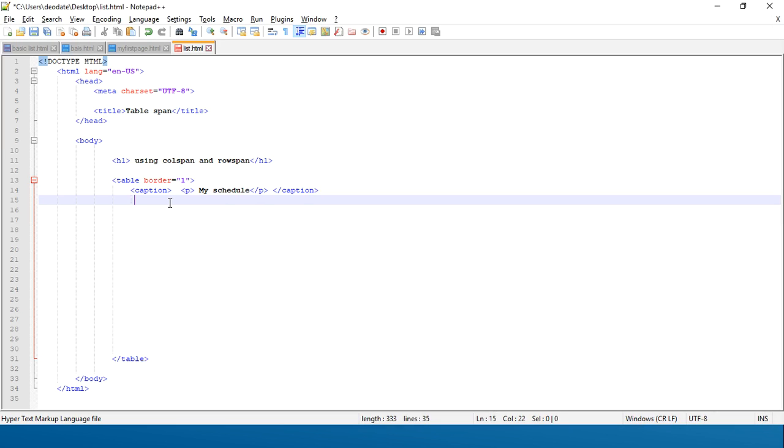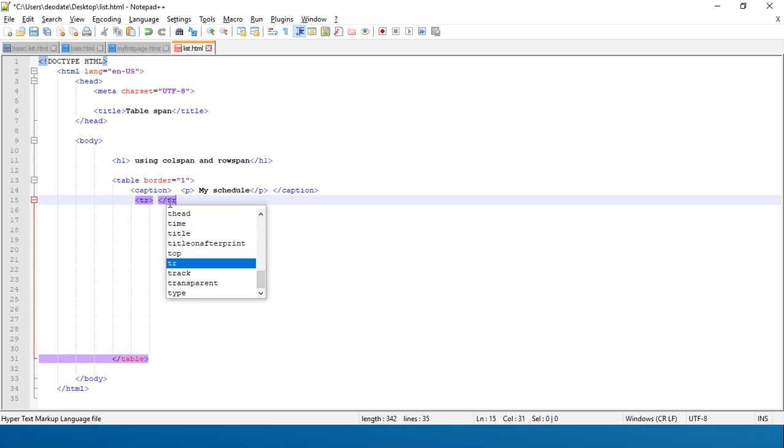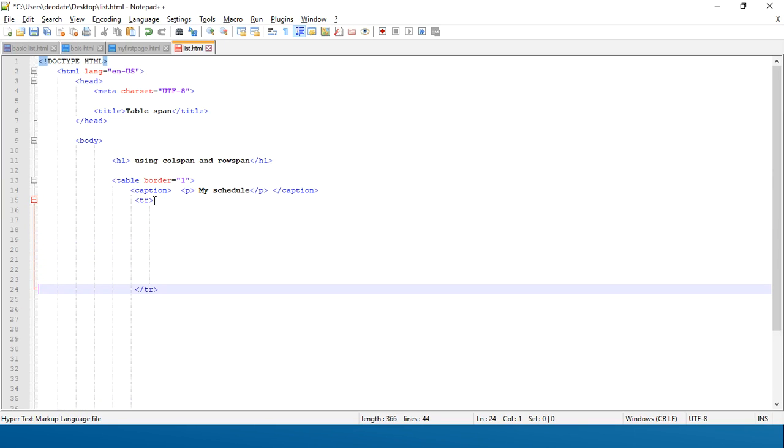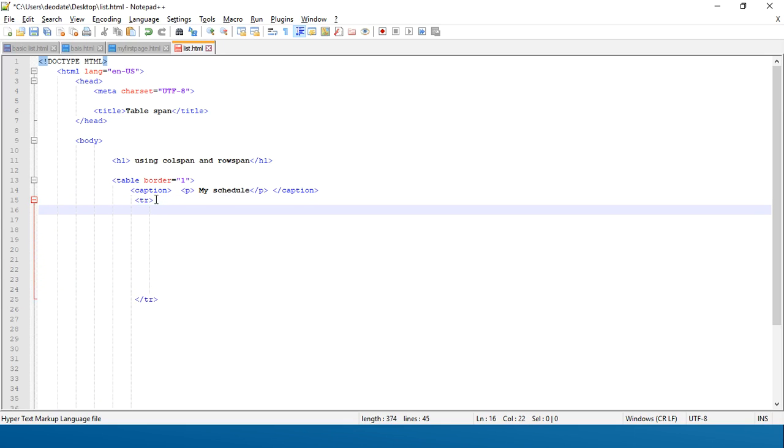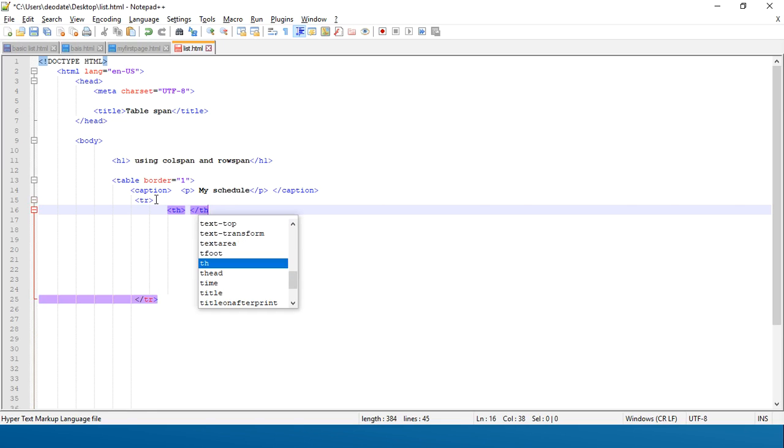We're going to start with the TR tag that stands for table rows. We open it, and make sure we close it before we forget. This is the first row that we are going to create, and in this row, we're going to start with the TH table head tag. TH,